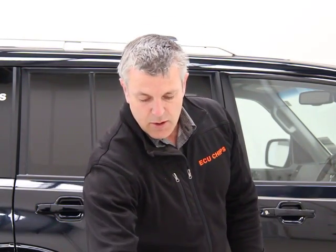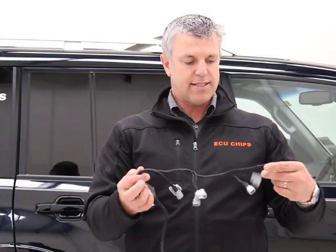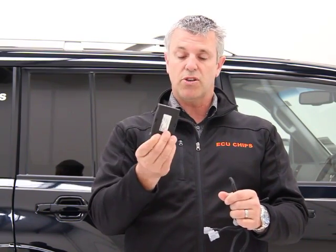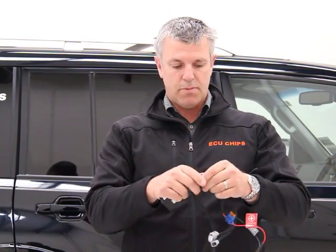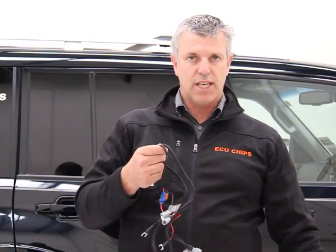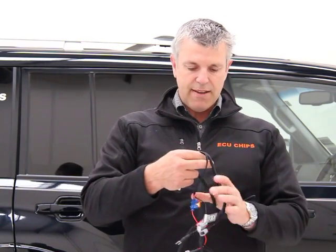And then from there, we move on to the more simple unit. This one just plugs into the fuel injector and doesn't connect to the accelerator. It's less money, it's a smaller box, but boy, you put one of these on a Nissan Navara and it really makes them fly. I promise you that. They really do make good power. Not as much as the KW Systems unit like this, but for how much you pay for one of these things,